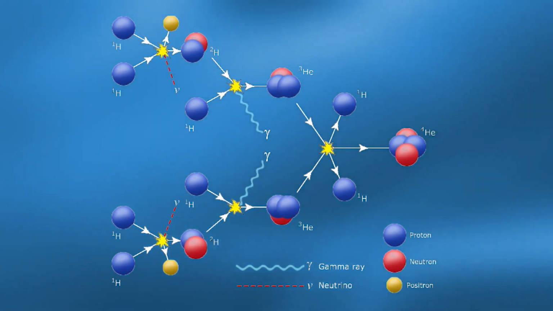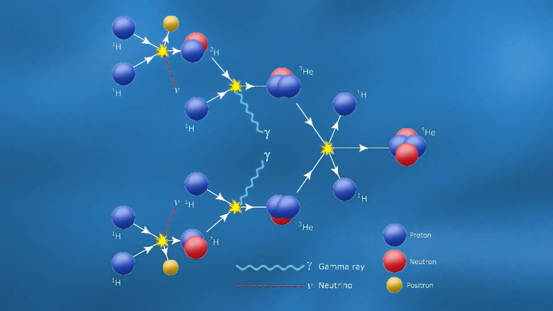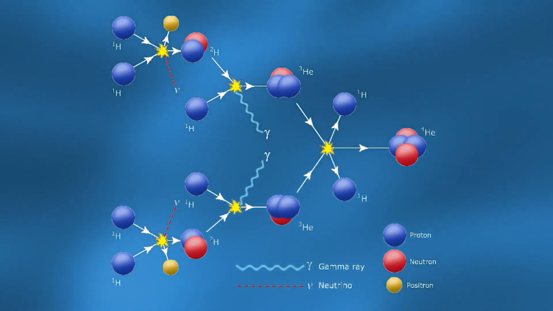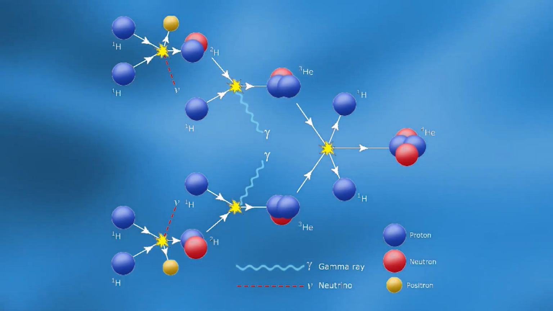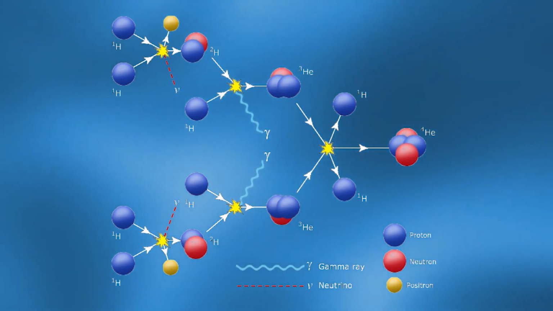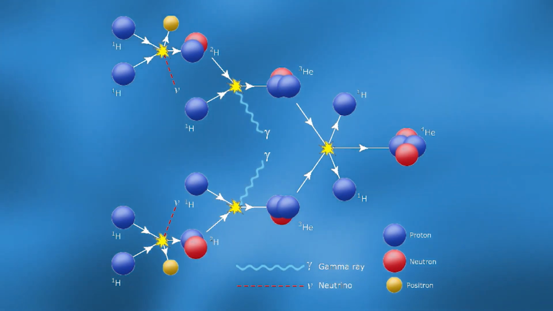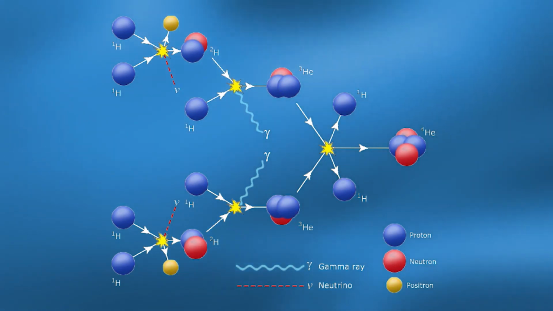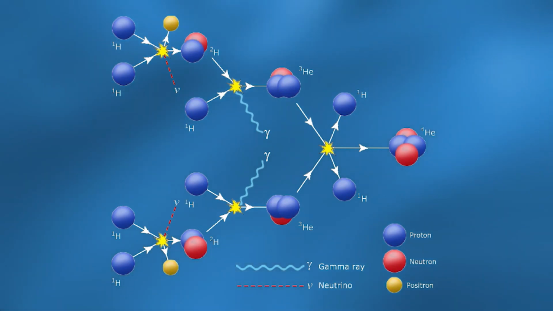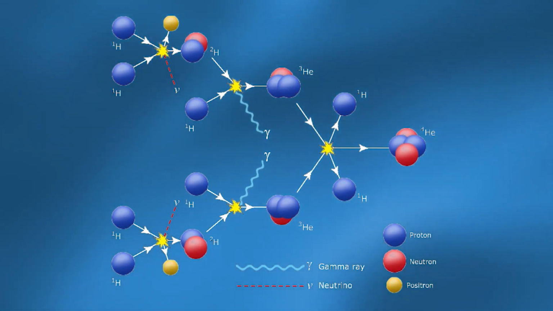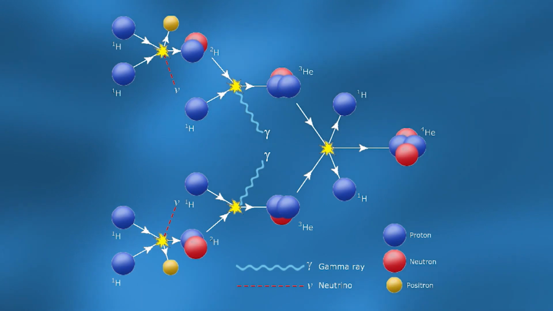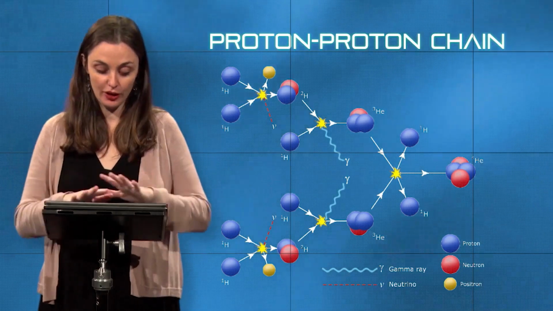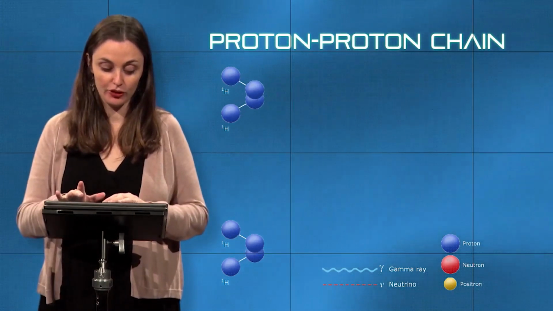You also have these gamma rays, so actual wavelengths of light, very, very short wavelengths of light that are produced in some of the steps in this reaction, and these things called neutrinos. That's another antimatter particle, and these neutrinos are going to be important because we can actually count these neutrinos. This is how we get an idea of the rate at which fusion occurs in our own sun, by figuring out how many neutrinos get produced. Okay, so now that you have the basic layout for this, I'm going to restart the animation.